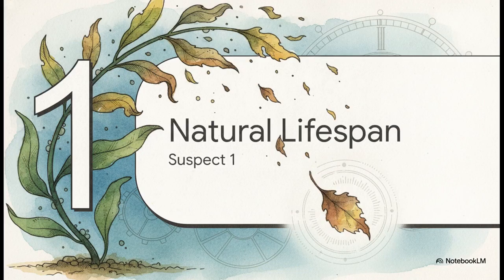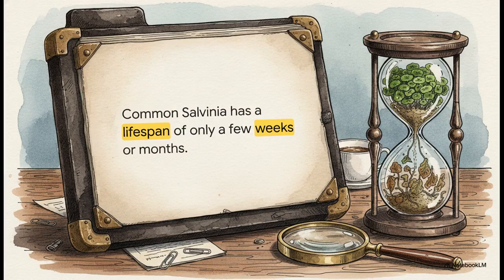So, suspect number 1, the natural lifespan. According to Ang's research, common salvinia actually has a naturally brief lifespan. We're talking only a few weeks or maybe months. Now, that initially feels like an open and shut case, doesn't it? Like, oh, sudden yellowing could just be nature taking its course. Case closed. But wait, a good detective looks at the entire context of the crime scene to make sure the